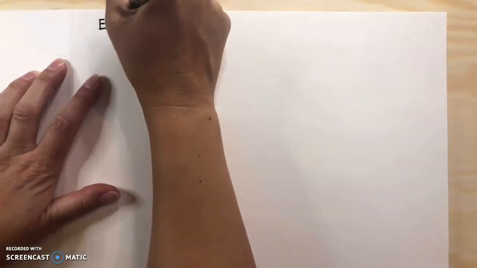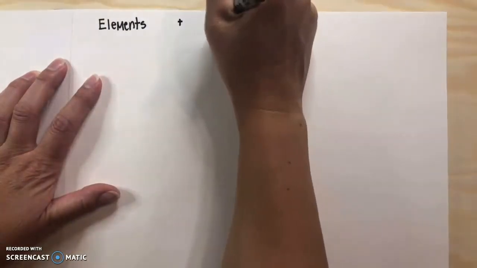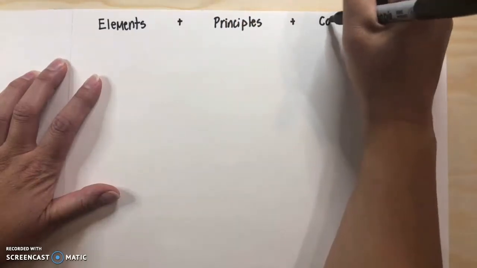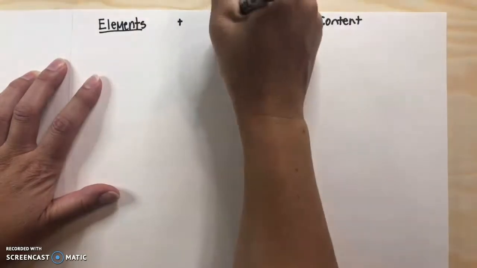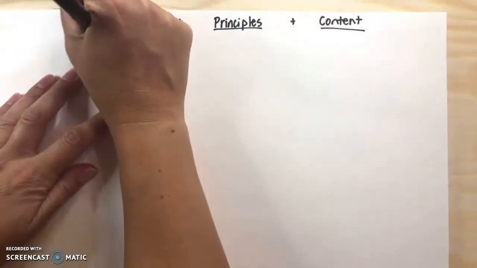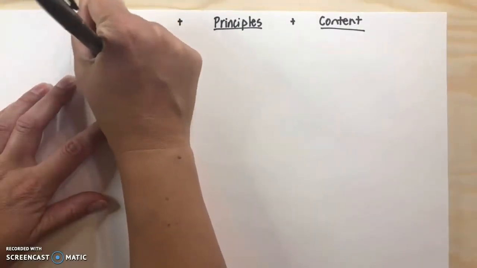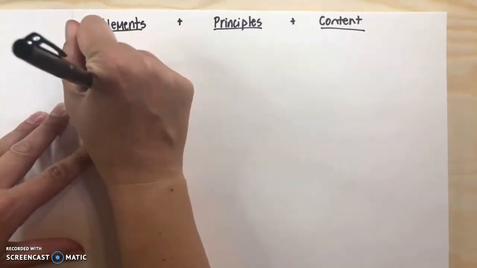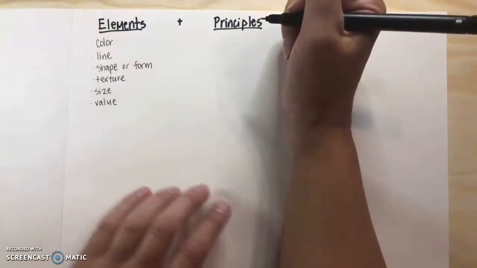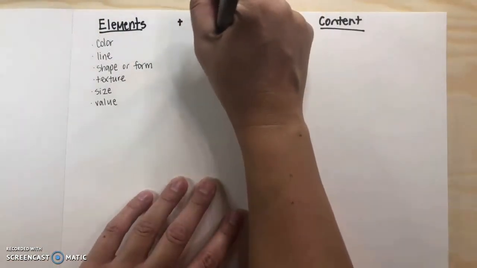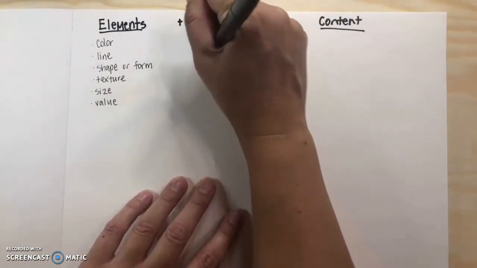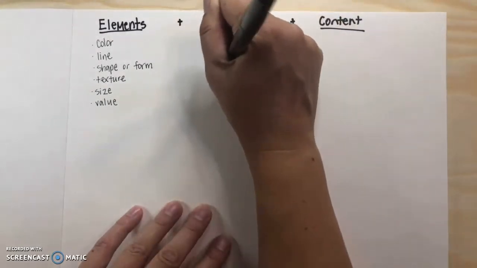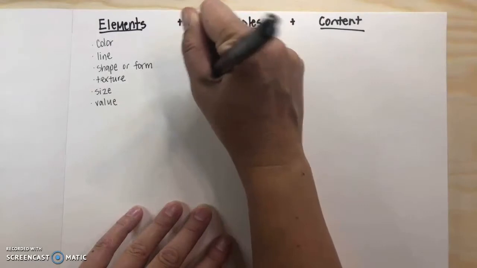So to start, I'm just going to title my page with 3 categories: elements, principles, and content. Now, I do have this video sped up just to kind of save some time for you. But if you want to just pause it at particular moments and write down all of the elements, all of the principles, and then all of the content so that you have it in your notes in one concise place,